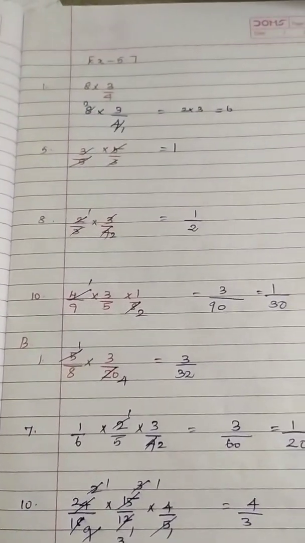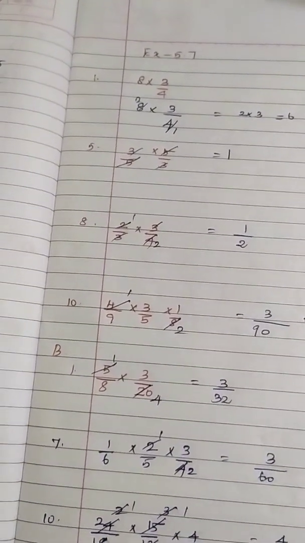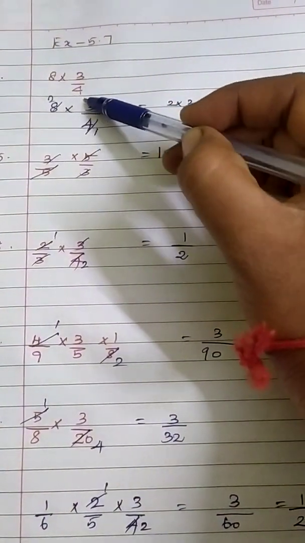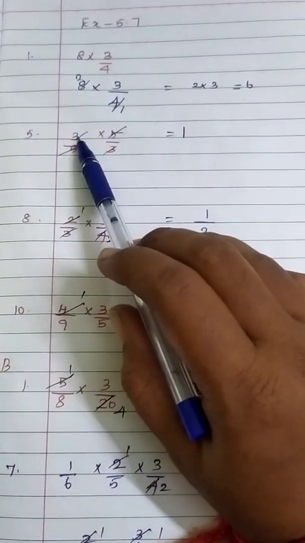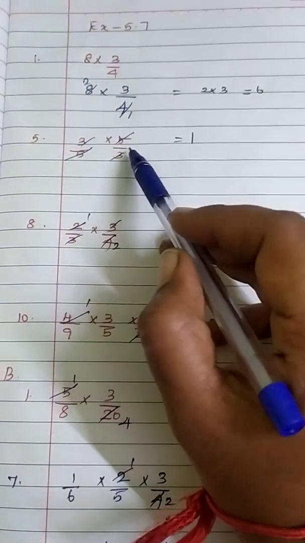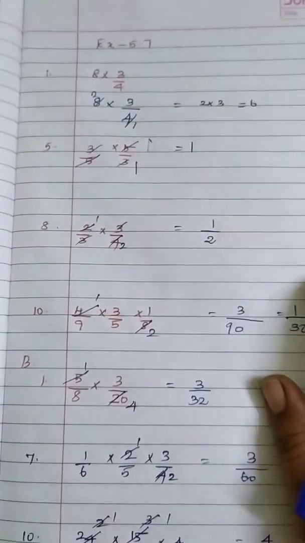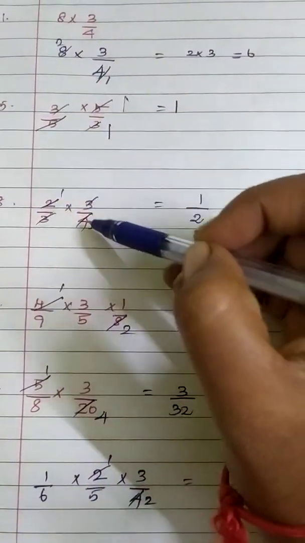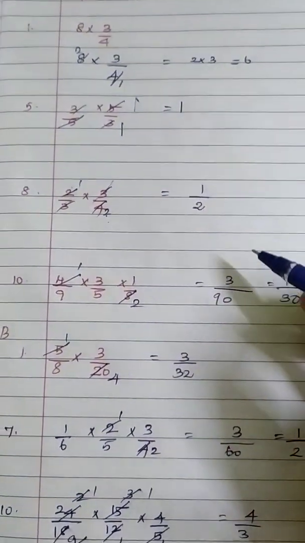The next exercise, 5.4, is also cancellation. We are going to cancel and make the number to the lowest form. 8 3 by 4. Now 4 table, 1 4 is 4, 2 4s are 8, cancelled. 2 into 3 in the numerator, so 6. Fifth problem, 3 by 5 into 5 by 3. Both numerator and denominator have the same number 3, so cancelling, it becomes 1. 5 table 1 time. So 1 divided by 1 is 1. Eighth problem, 2 by 3 into 3 by 4. 2 table, 1 2 is 2, 2 2s are 4, and 3 3, the same number, cancelled. So the remaining number is 1 by 2.